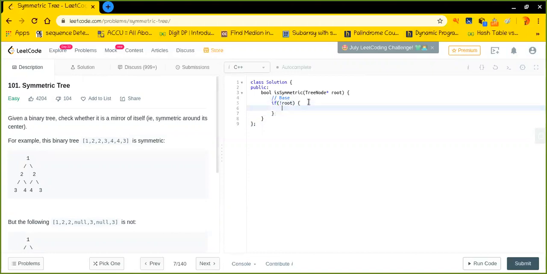Can I say this is a symmetric tree? Yes. Why? Let's say there is one node only, right? If I put a mirror symmetric to the root node, then can I see this node on either side? No. Why? Because the mirror is basically symmetric to it, right? So let's say there is no root.